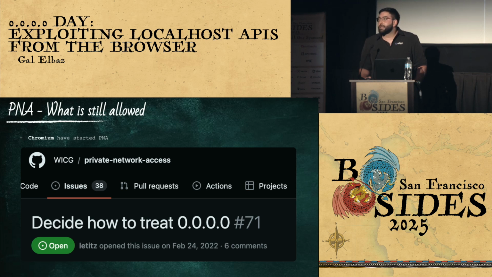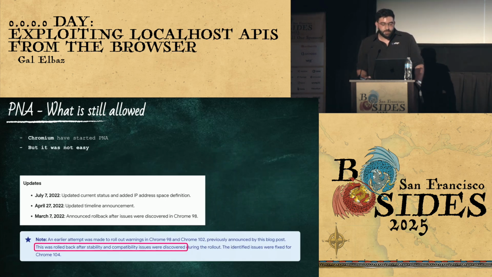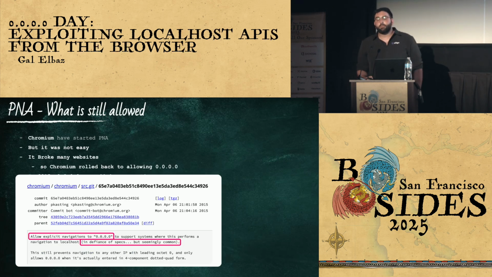And they even had an open issue for the 0.0.0.0, and I guess we all think good, it didn't go undetected, but those things just sound good. And when you start actually rolling it out, it wasn't that easy. They broke a lot of the internet and a lot of websites, and that's why they decided to roll back and start to do it much more gradually. And when they started rolling it back, they saw that, again in defiance of the spec, it seemed pretty common, so they decided to allow the 0.0.0.0, because I guess vendors or users had been using this weird address. We'll see why and how it should be used, but